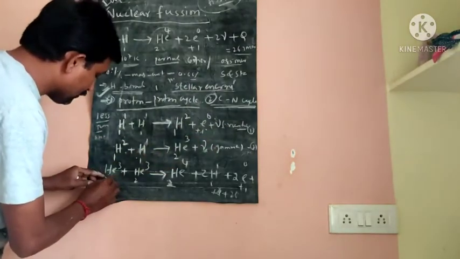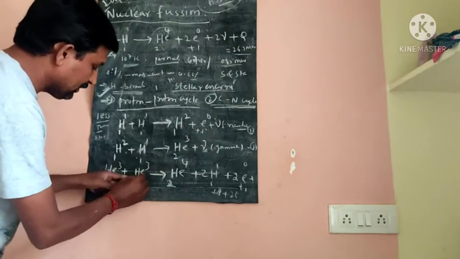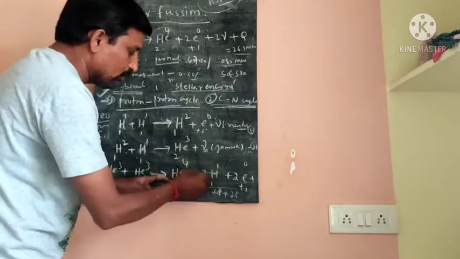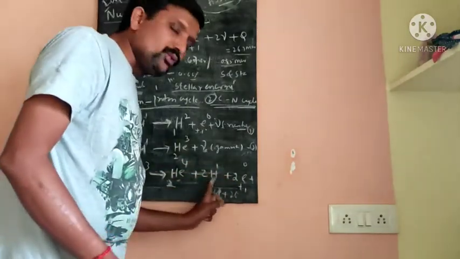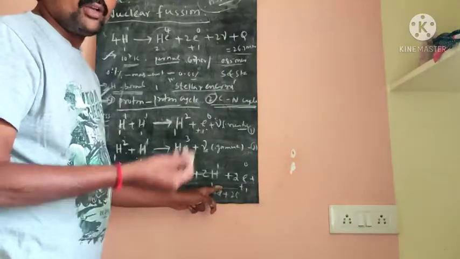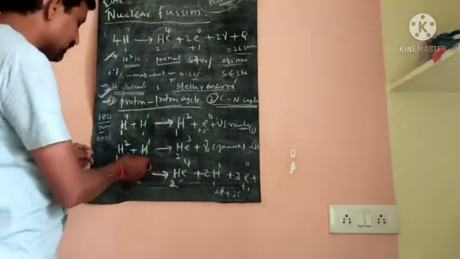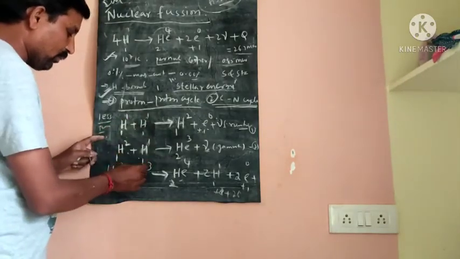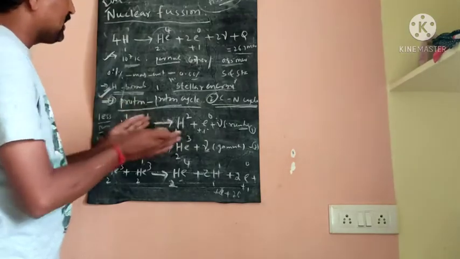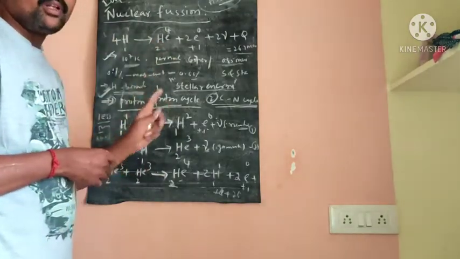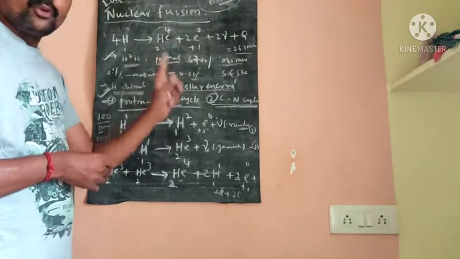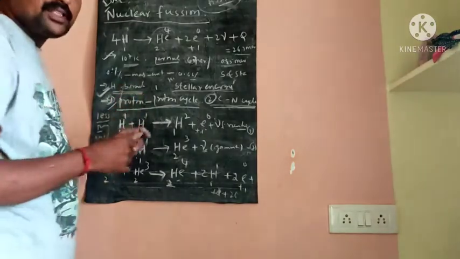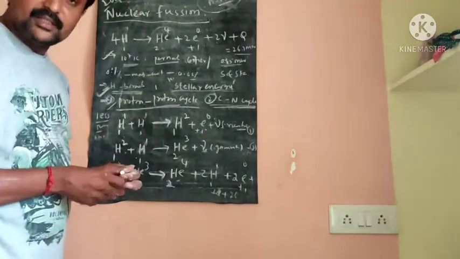So He23 and He23 give rise to helium-24, 2 protons, 2 positrons and 2 neutrinos. Nearly 26.7 mega electron volts of energy is liberated in the proton-proton cycle. Finally, 4 protons, 1, 2, 3 and 4, combine with each other. One helium atom is formed, along with 2 positrons, 2 neutrinos and some amount of heat in this proton-proton cycle. The proton-proton cycle occurs on lower temperature stars.